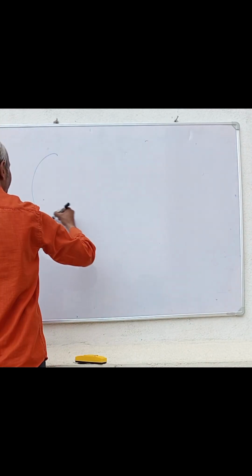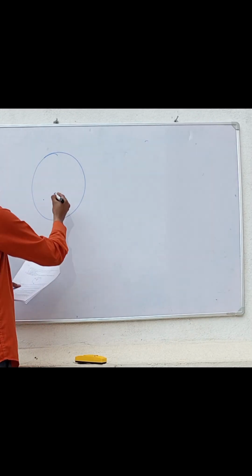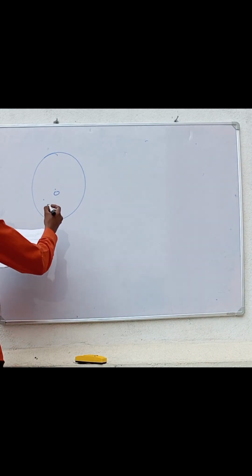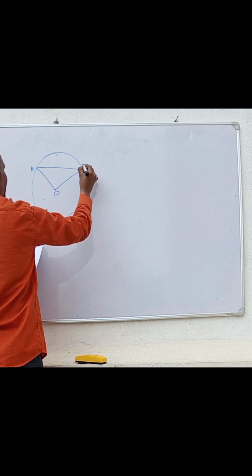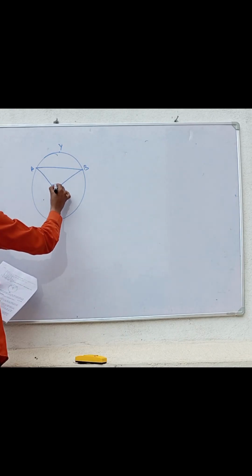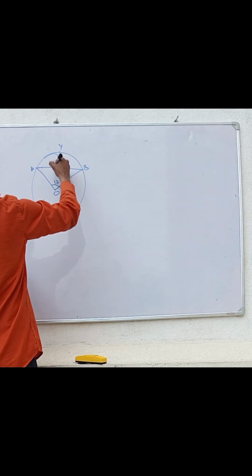Next, in the figure, the area of the sector is given. One circle is given here, with center O. The sector is given, O is given here, the radius is given like this, here written A, here the chord is given like this, B, and somewhere a point Y is marked. This angle is given as 120 degrees. We have to find the area of the sector, this sector.